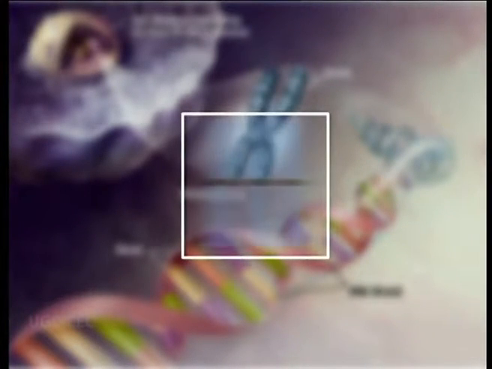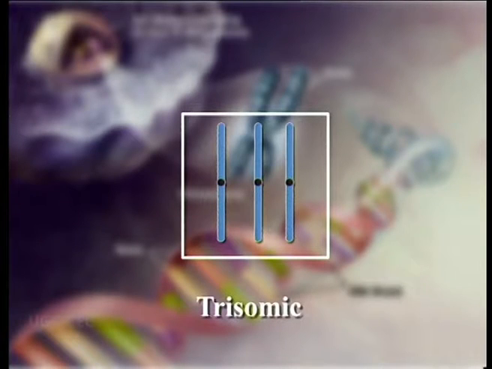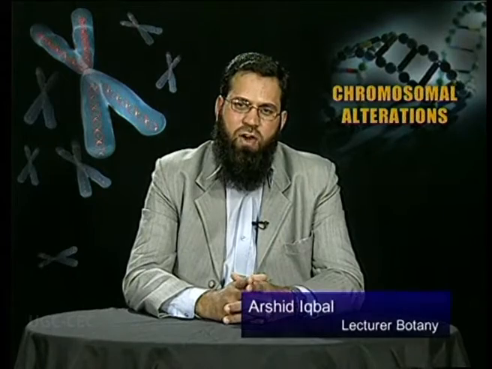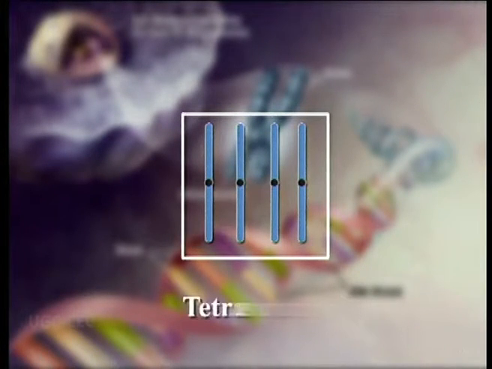Trisomy involves a single extra chromosome, that is, the cell has 3 copies of one chromosome type and 2 copies of every other chromosome type. Tetrasomy involves an extra chromosome pair, resulting in the presence of 4 copies of one chromosome type. Such aneuploidy arises if non-disjunction occurs for the same chromosome in meiosis in both parents, producing gametes each with 2 copies of that chromosome and 1 copy of all other chromosomes in the set.